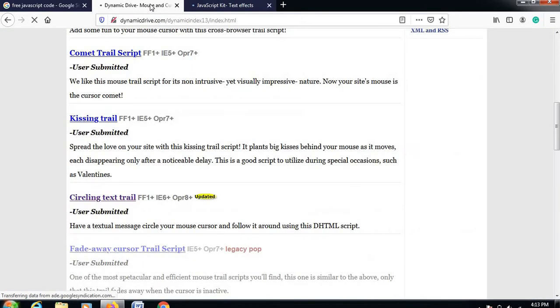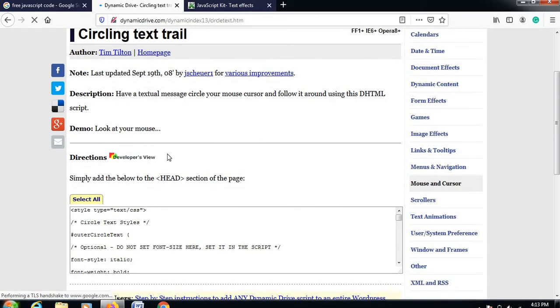So here is the circling text trail. See how, look at your mouse. Now here's the effect of the circling text trail. It is a mouse effect: as I move the mouse here and there, the circling text trail is moving.